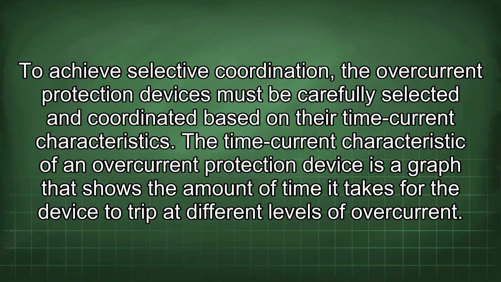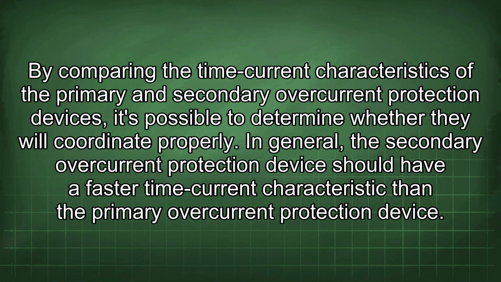The time current characteristic of an overcurrent protection device is a graph that shows the amount of time it takes for the device to trip at different levels of overcurrent. By comparing the time current characteristics of the primary and secondary overcurrent protection devices, it's possible to determine whether they will coordinate properly. In general, the secondary overcurrent protection device should have a faster time current characteristic than the primary